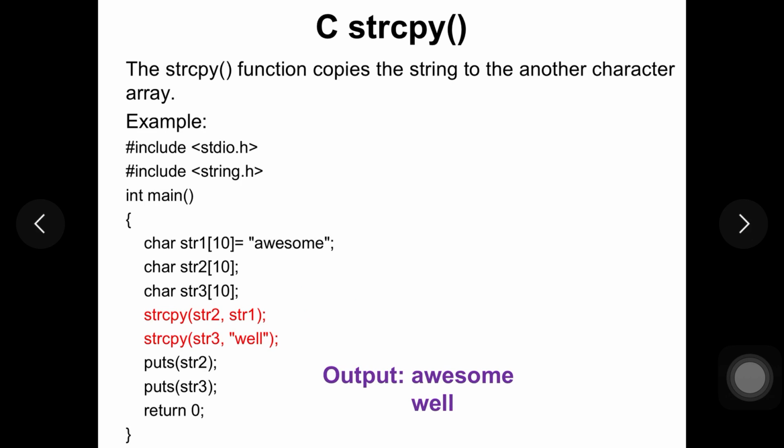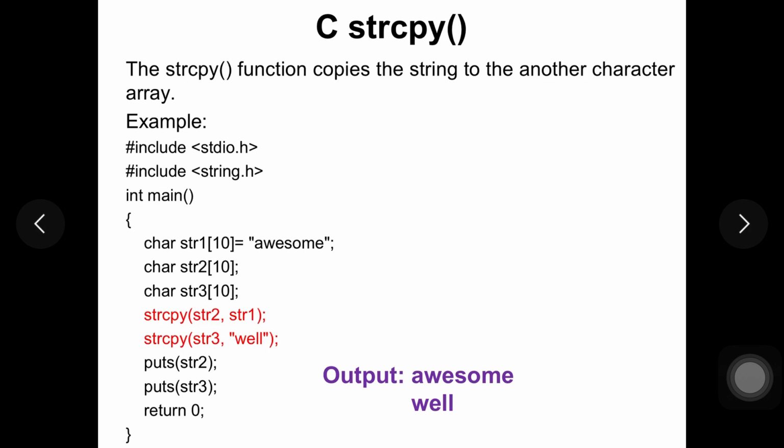Always remember that the first string you write in the string copy function is the destination string, and the second string you write is the source string. So here the source string, string 1, whose value is awesome, will be copied into string 2, which is the destination